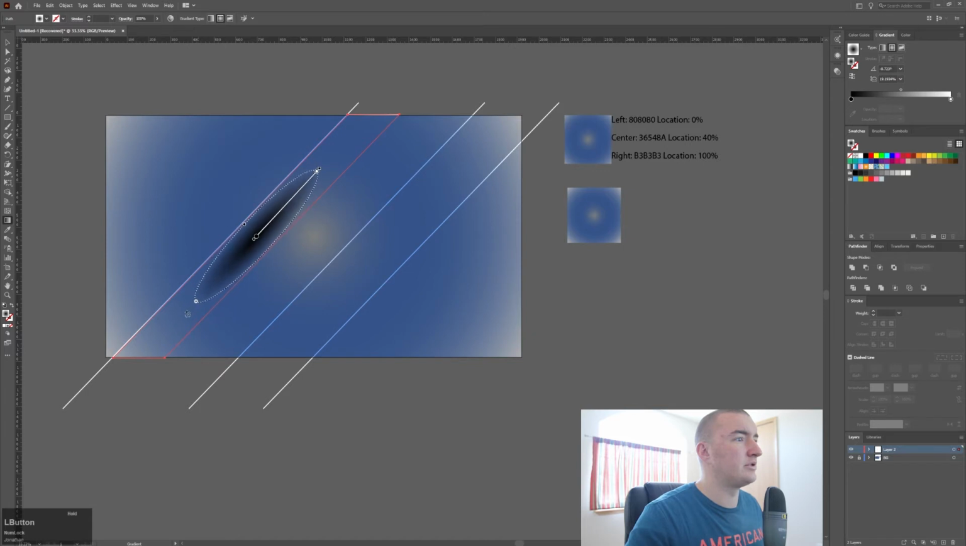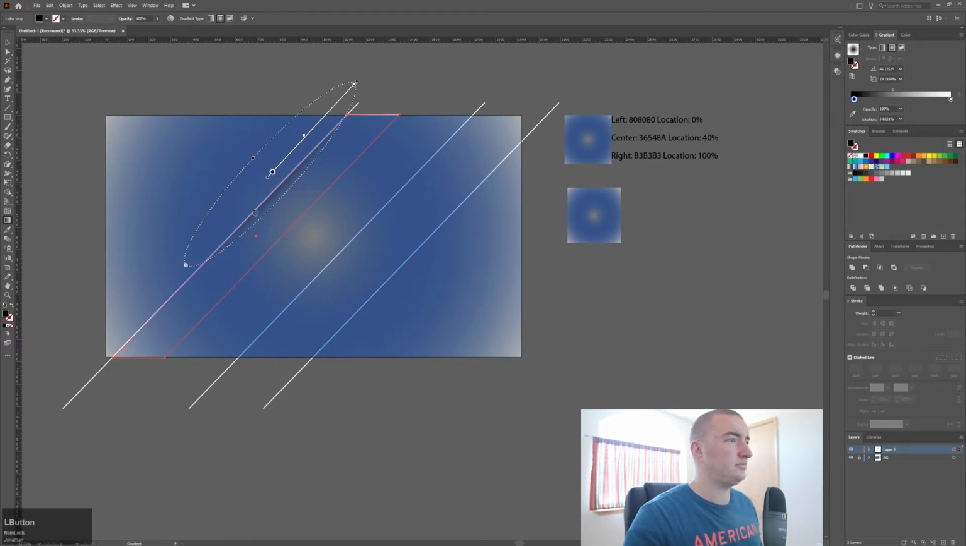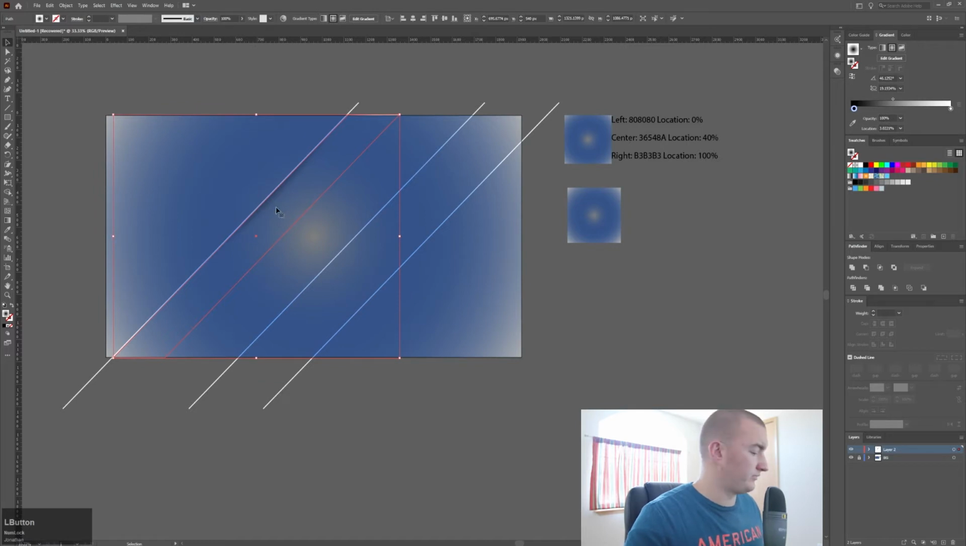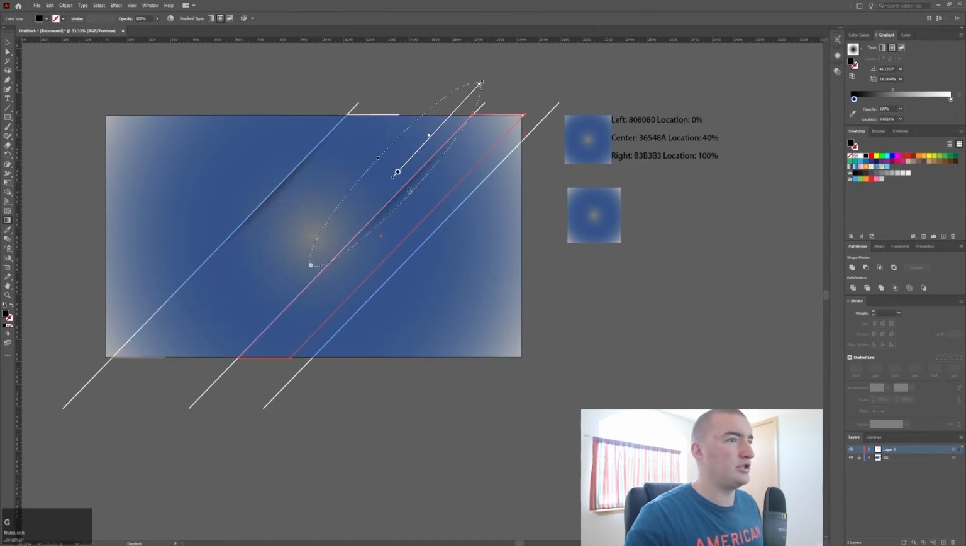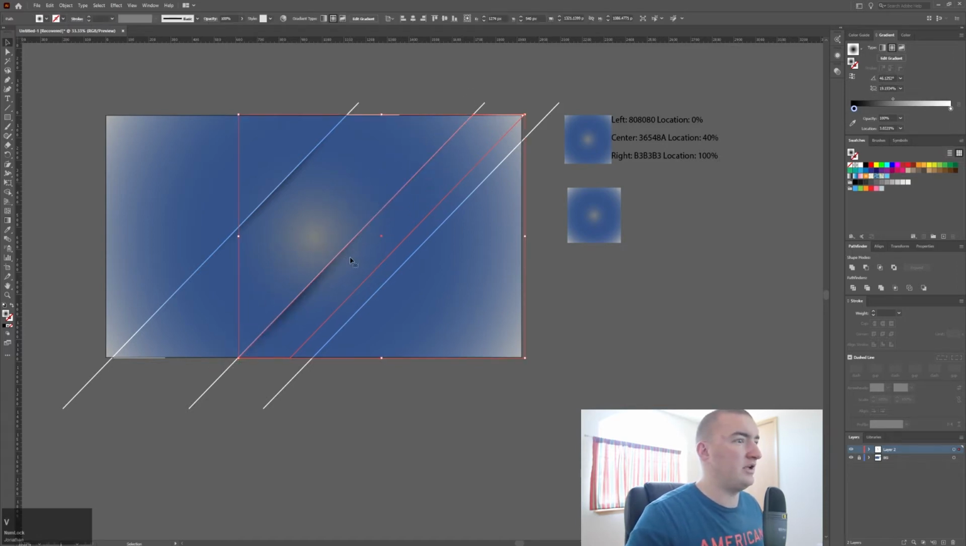Rotate that around, so it's a little more like this. Click and drag that up. Something like that. Somewhere about like so. Click over. So now hold Alt and Shift, drag that over to about there. Hit G to edit your gradient, drag that down here. Hit V,